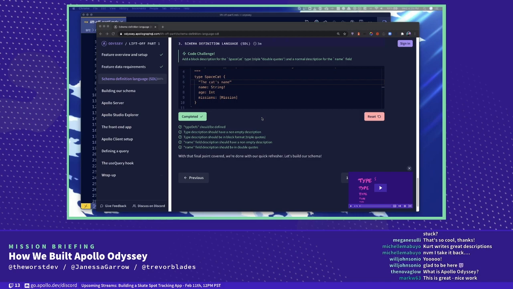Before we do that, we just had Nova Glow jump in and ask, what is Apollo Odyssey? So for anyone who's coming in a little bit late, Apollo Odyssey is a new learning platform that's free for everyone that Apollo released last week. So very new. It has one course currently out with many more to come in the near future. It is a learning platform really geared at a multimedia experience and a really cool authoring experience, which we haven't got to yet. So it's a bit different than some of the other platforms you might find.